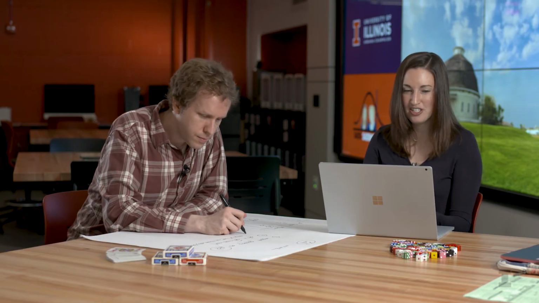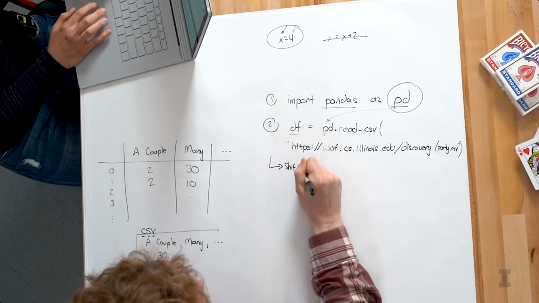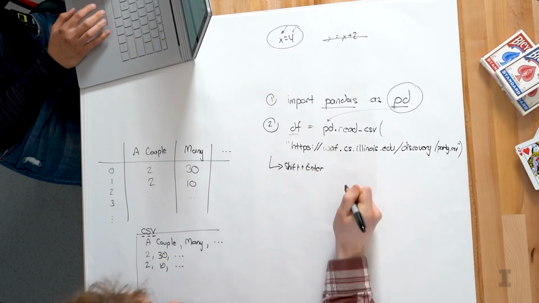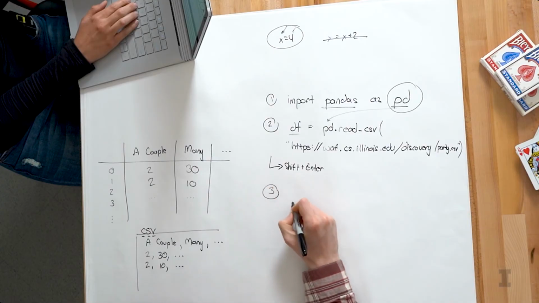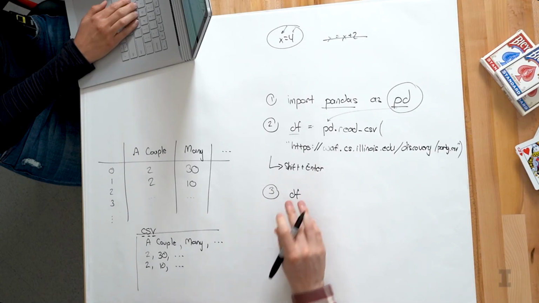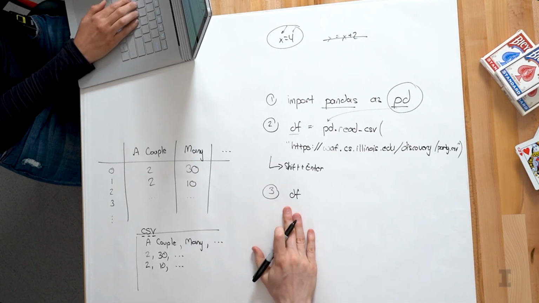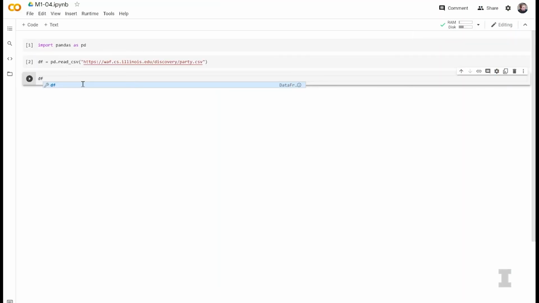Good to know. All right, I'm going to go ahead and press Shift-Enter to run this line of code. And I did not get an error message. Yes, so anytime you have a cell inside of a Python notebook, pressing Shift-Enter will run that cell from top to bottom. So here we're going to mainly focus on cells that just have a single line of code. So df is equal to pd.read_csv is going to read the CSV and put it into our data frame. Then in the third cell, we're just going to write df, because whenever you write a single variable inside of a cell, it's going to display the result of that cell.